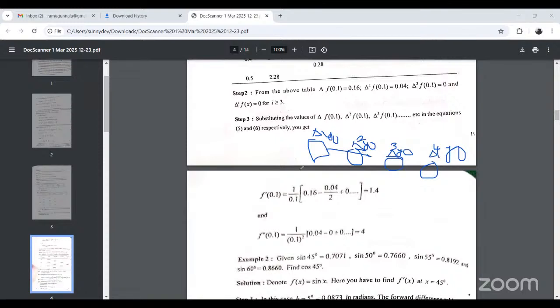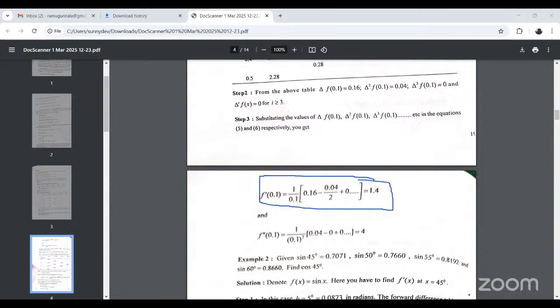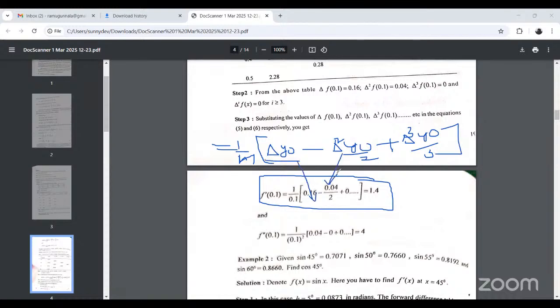So we have to substitute in the formula we just discussed. What is the formula? The first derivative is 1 by h into delta y naught minus delta square y naught by 2 plus delta cube y naught by 3. Okay. So delta y naught is 0.16, and delta square is 0.04, and delta cube